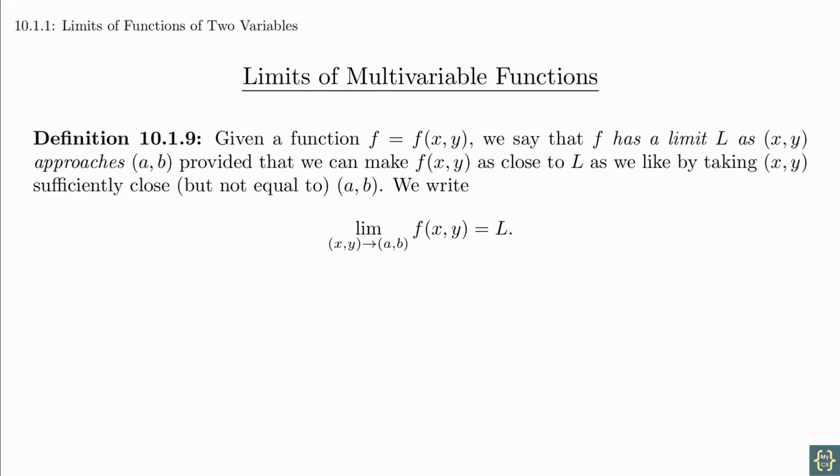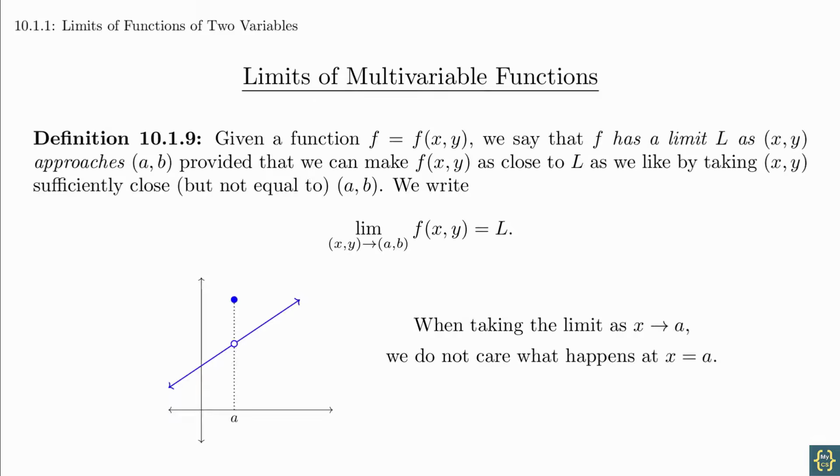Since you've already taken single variable calculus, these ideas should be familiar. You may have even encountered the formal epsilon delta definition of a limit in your previous calculus courses. You can use the same formulation for this, but the book sweeps that notation under the rug, and we will as well. The idea of being close but not equal to should remind you of graphs with removable singularities, where